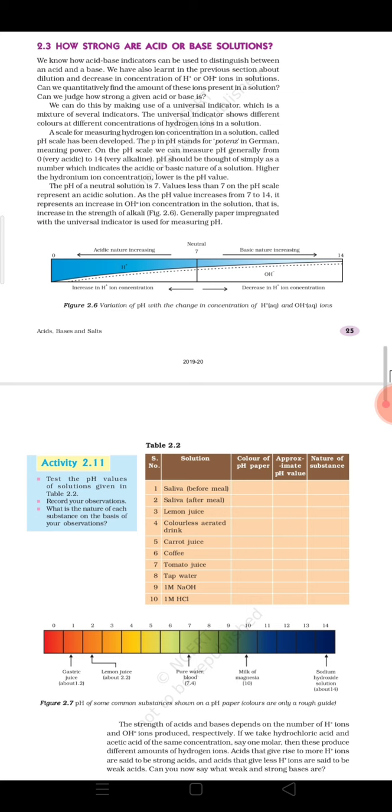If you prepare an aqueous solution of a compound like acetic acid, you will find that it does not release a very large amount of hydronium ion or hydrogen ion, and that is why it is said to be a weak acid. That means in such weak acids, when you dissolve the compound, suppose it is acetic acid, its formula is CH3COOH. If you add this in water, then all the molecules do not dissociate.